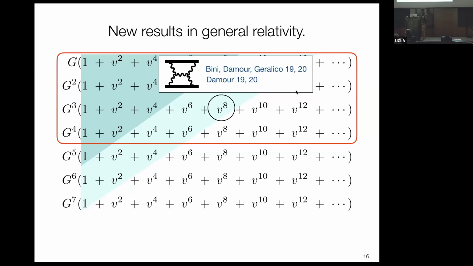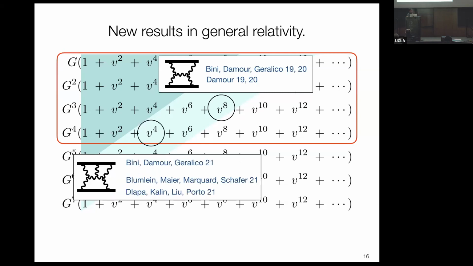But in particle physics, we understand the source of this graph, of that log. We understand this graph very well, and eventually people were able to check the result, and now there have been multiple confirmations of this. At G to the 4th, currently there is also another puzzle that again has to do with